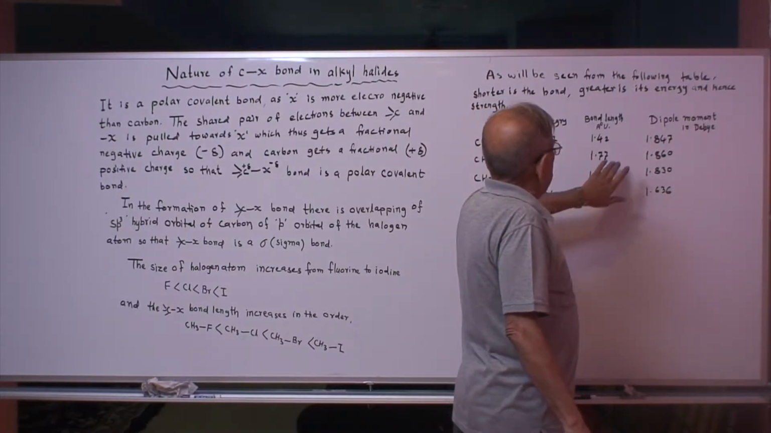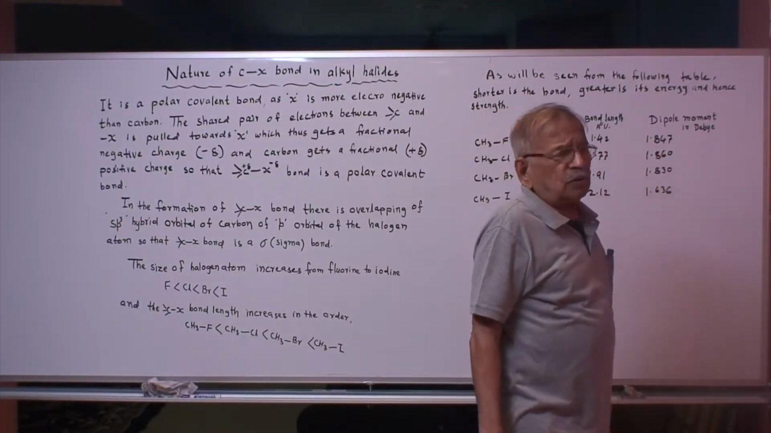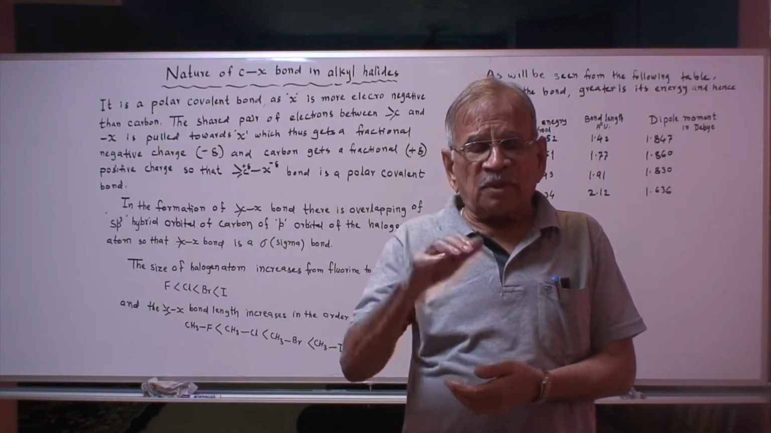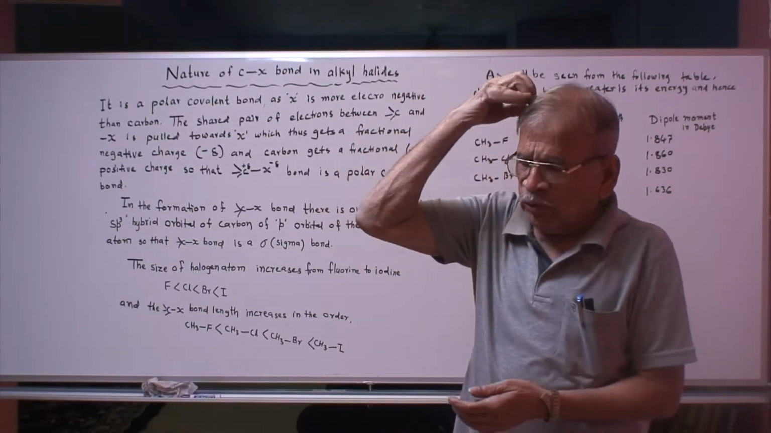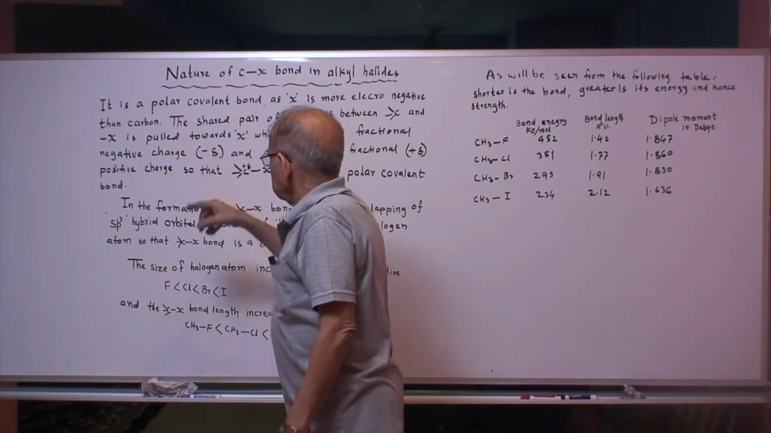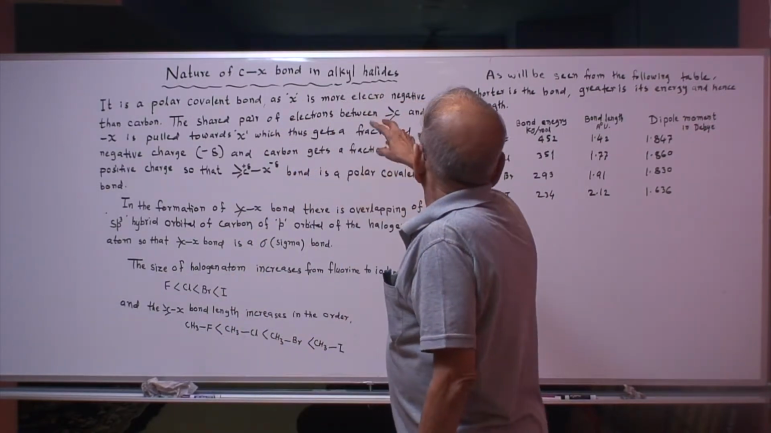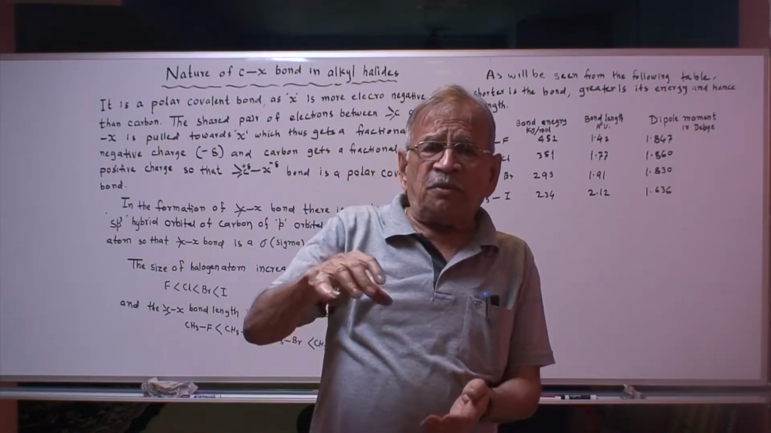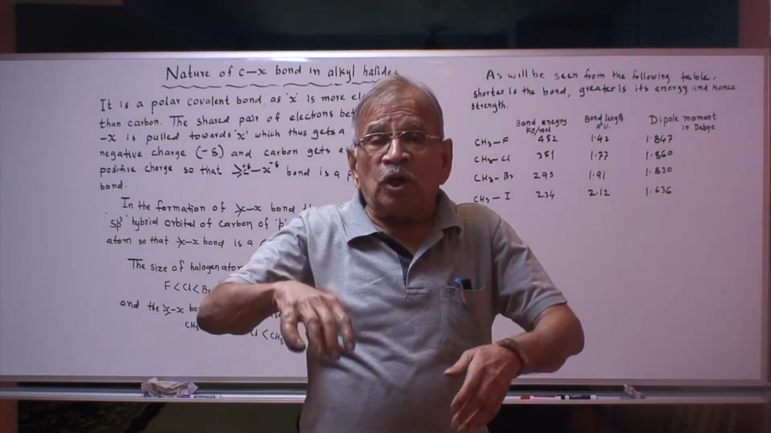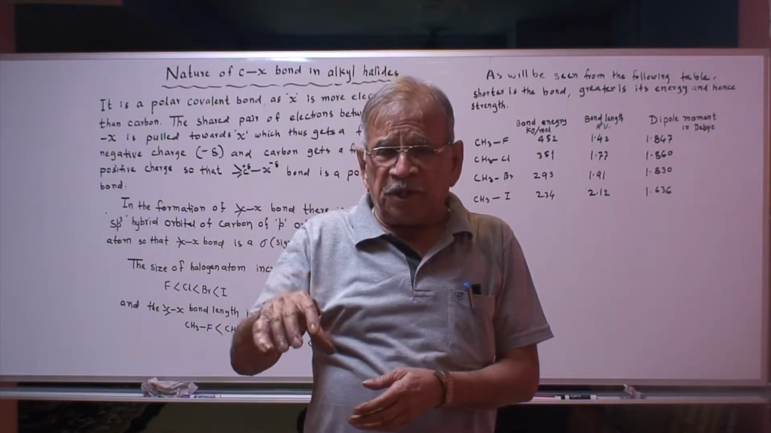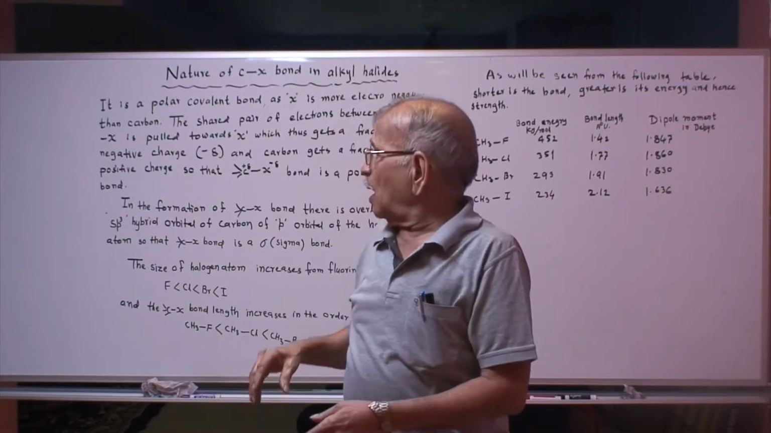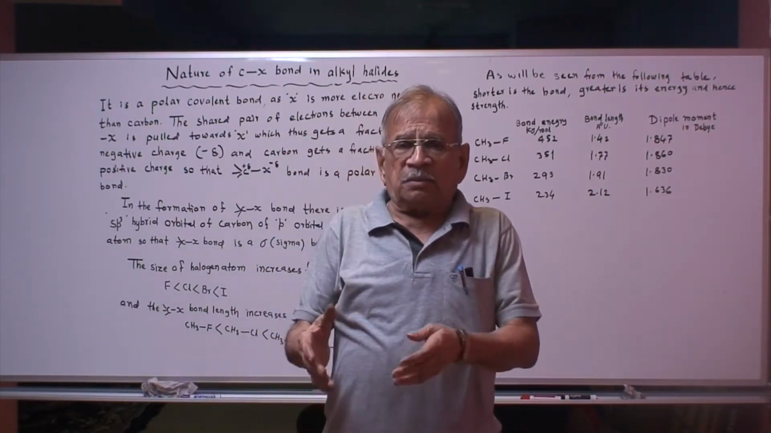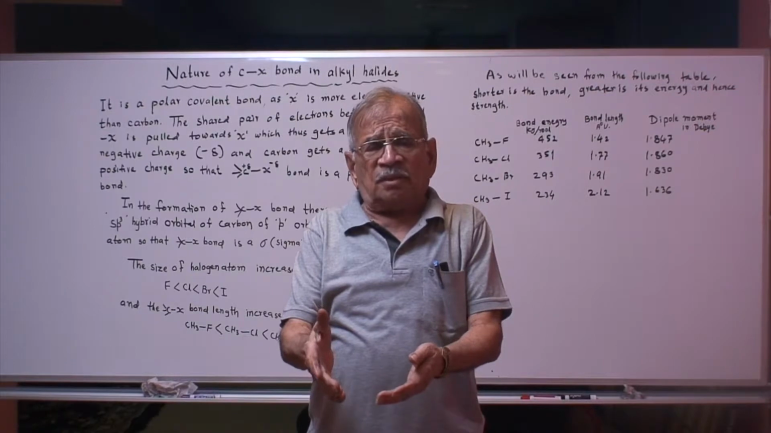So this is about bond energy, this is about bond length, and now something about dipole moment. I assume that you might have studied dipole moment sometime in the past. Before that, I forgot to tell you one more thing, namely that the carbon-halogen bond in alkyl halides is formed by coaxial overlapping of the sp3 hybrid orbital of carbon, because in alkyl halides carbon undergoes sp3 hybridization,